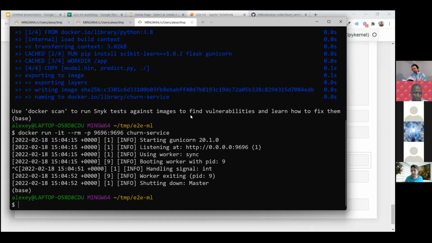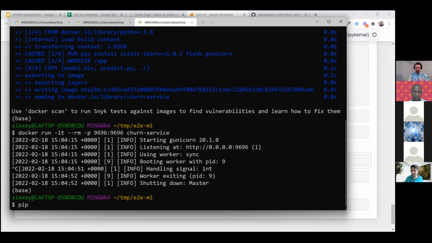For that, I need to quickly look up how the command looks. Yeah, cool, I found it. This Elastic Beanstalk is a service from AWS that we can use for deploying web services.